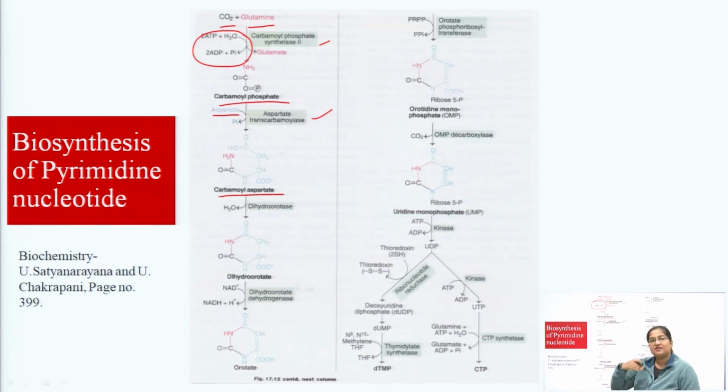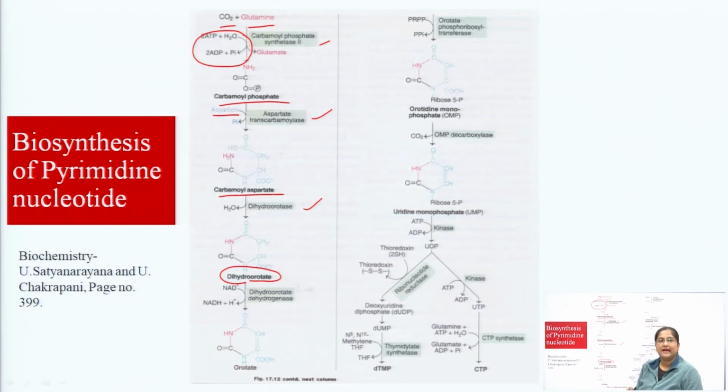Then we converted our carbamoyl aspartate into dihydroorotate. This dihydroorotate, remember this name, it is very important. Rather, I can say orotate, after the conversion from dihydroorotate into orotate, that orotate is very important in pyrimidine nucleotide biosynthesis and in the degradation product. Okay. Let us continue. The conversion of carbamoyl aspartate into dihydroorotate is done with the enzyme